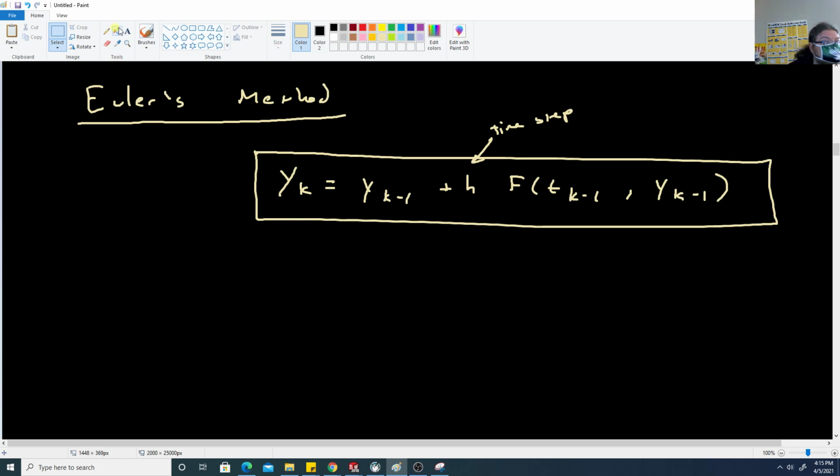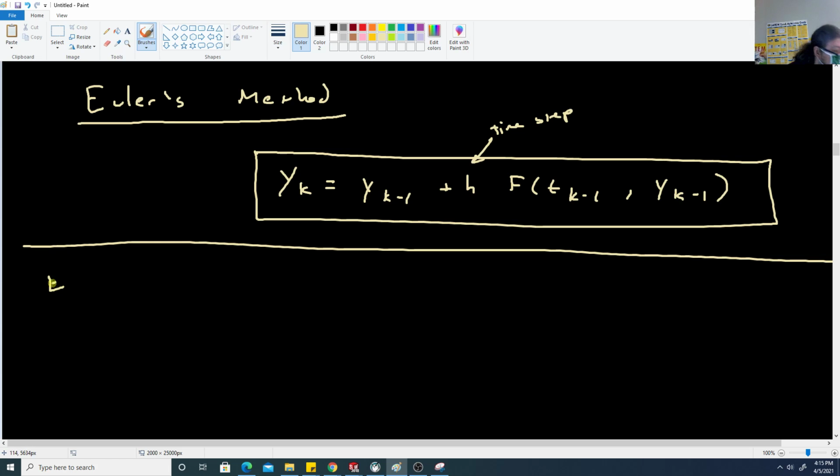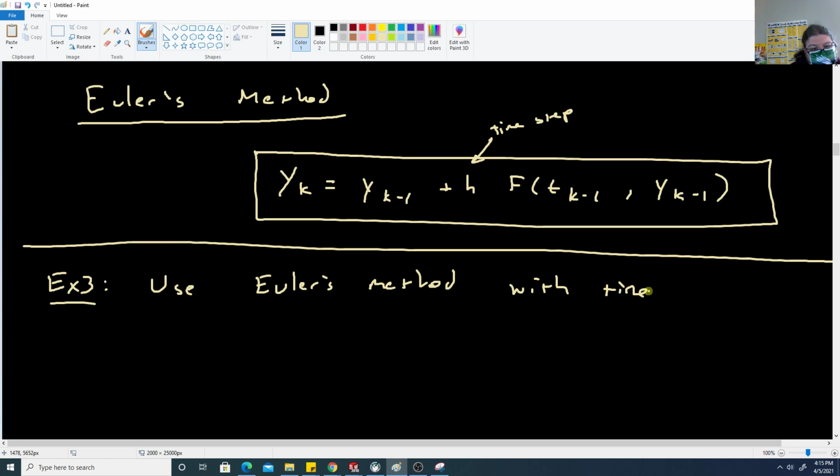And see, it's not too bad. It's just taking these incremental steps. So for example 3, we want to use Euler's method with time step h equals 0.2. And we want to take 4 steps to approximate